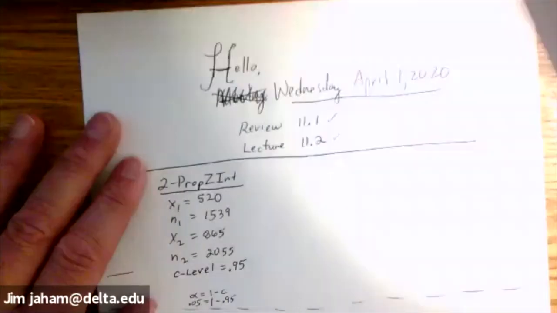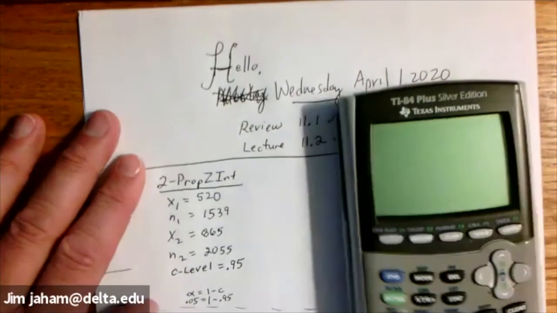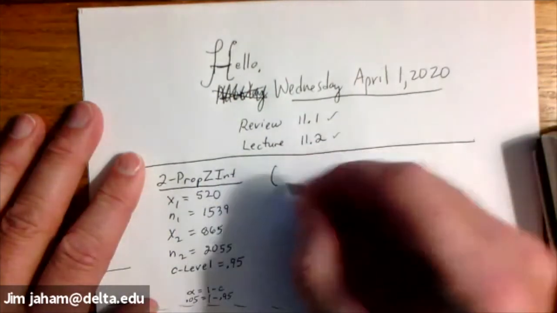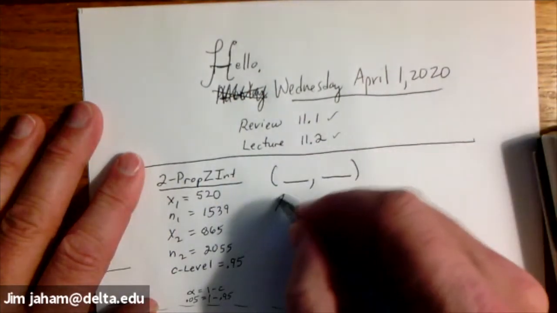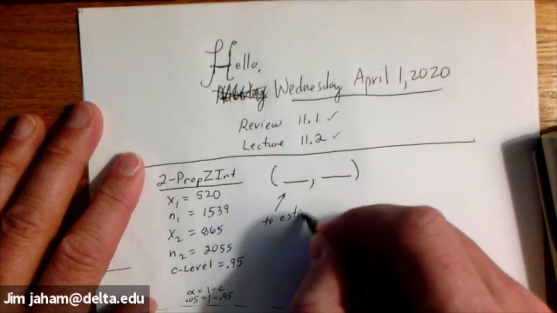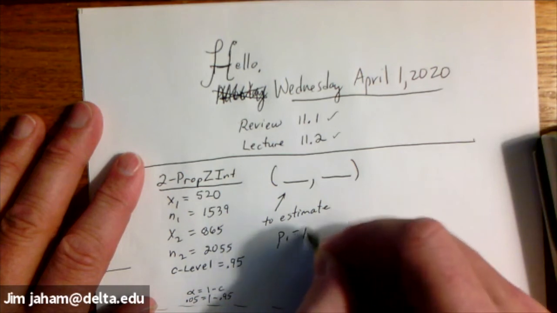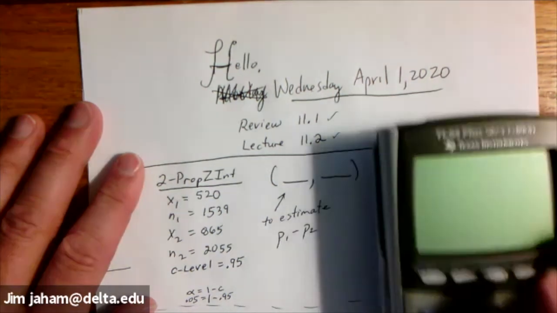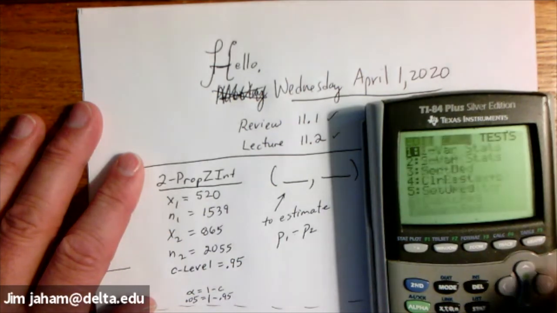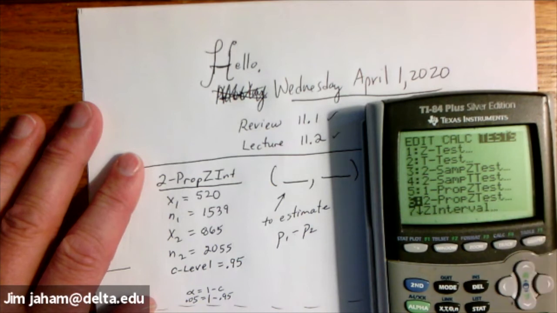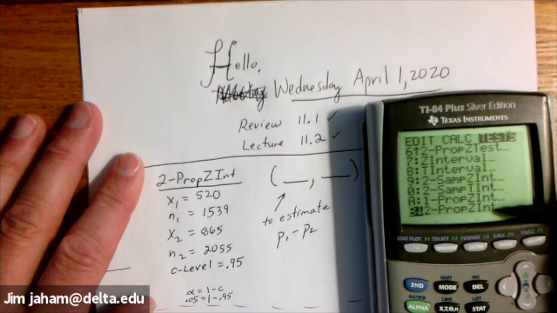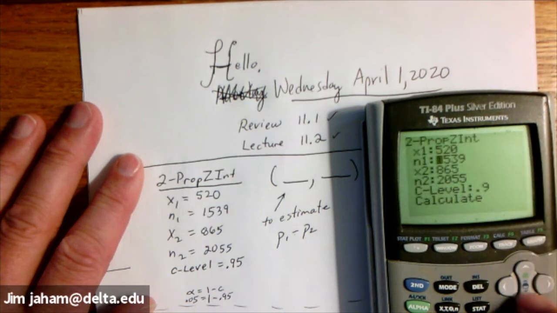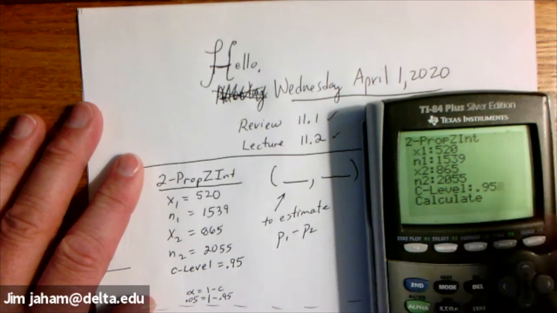And let's go ahead and calculate that. Remember, we're looking for a confidence interval that gives us a lower and an upper bound. And this is to estimate the difference in the two proportions. The proportion from 1991 minus the proportion from the current year. Stat, tests, there's the 2prop z test. Remember, you want something with interval or int next to it. So find the 2prop z int. There. All the numbers should still be in there. There they are. The only thing we have to change is the C-level, 0.95, and then we're going to